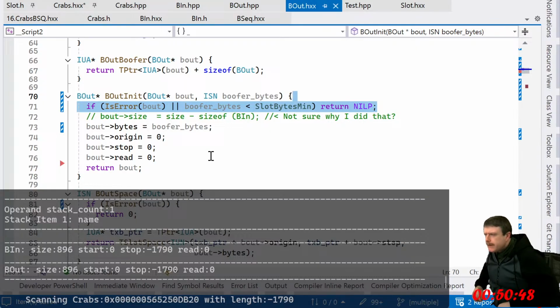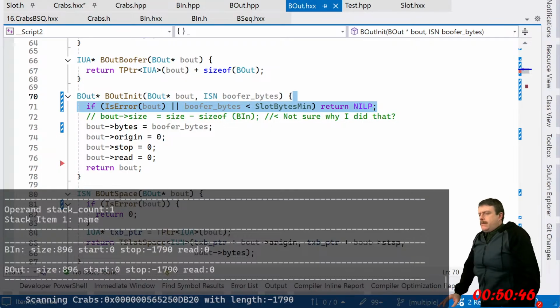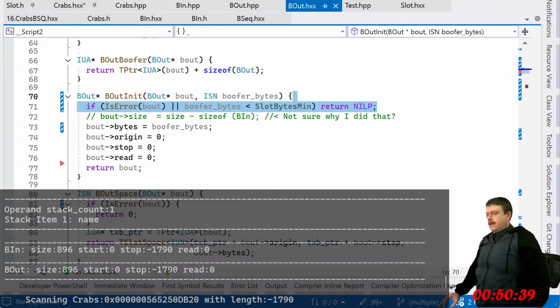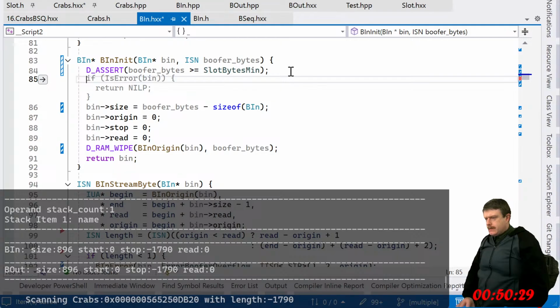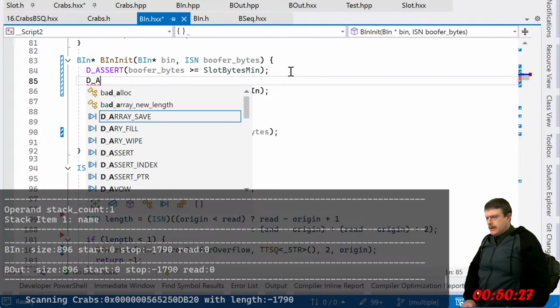All right. Okay, for right now, I'm going to go with this. The asserter.